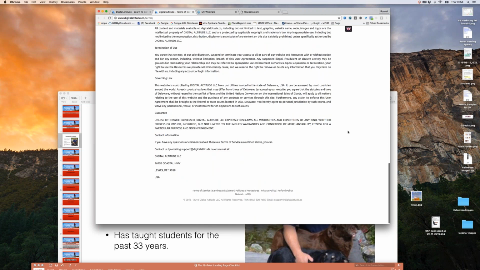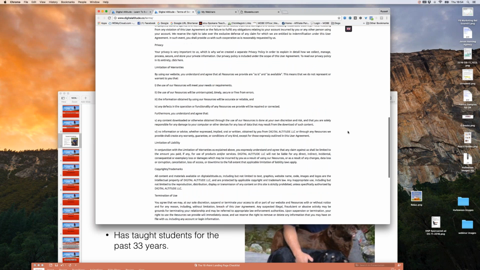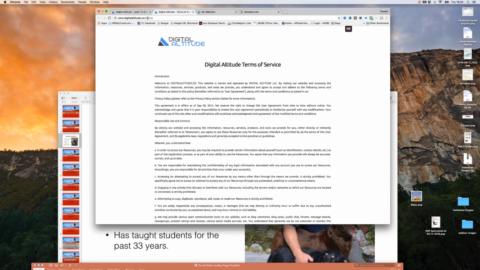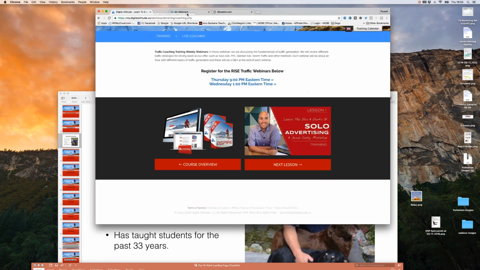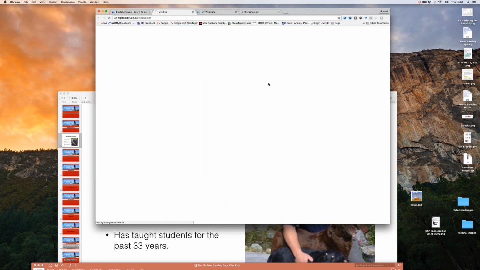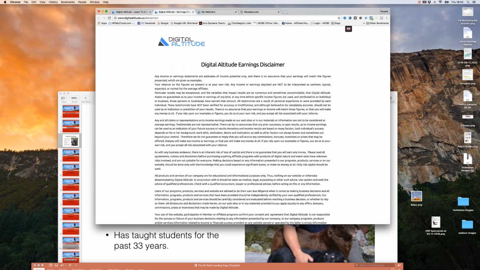All right, that capture page. You could just literally copy this, or actually what I would do is, in your terms of service, just copy this link and add it to your page. Let's see here, what's the other one? Earnings disclaimer, same thing. Copy the link and put it in the page. So I'm sure what